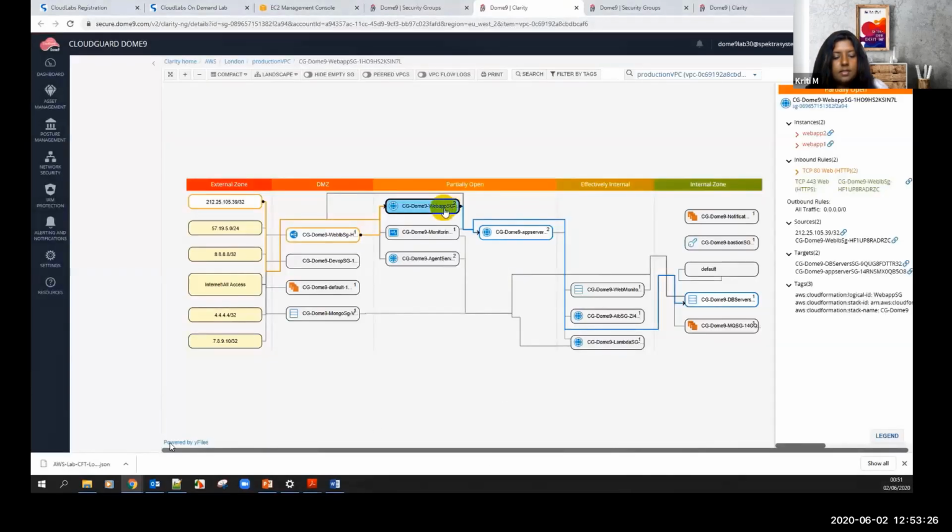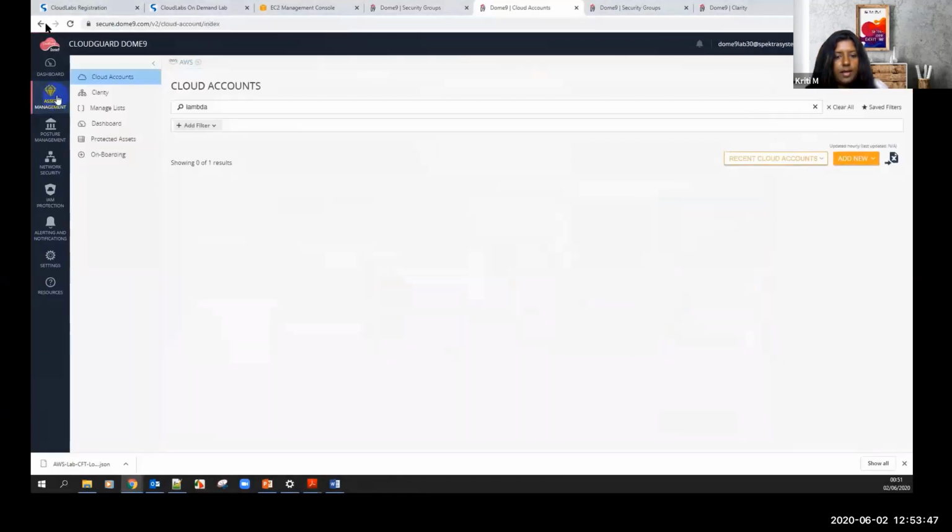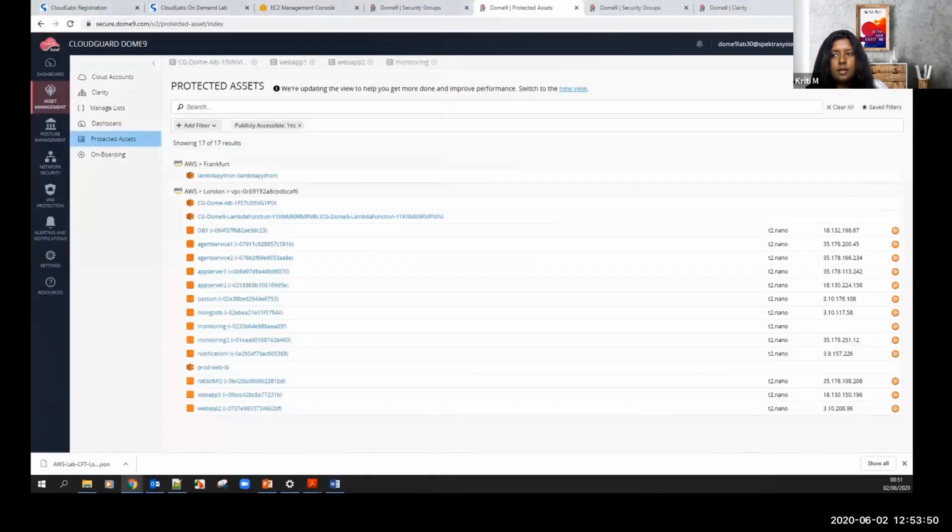So clarity, and this is the visualization of your assets. I'd like to pause this if I could. Right, there we go. You'd see a visualization of all your assets in the cloud, and where they are actually segmented and where they are based. So we'll look further into the next slides,